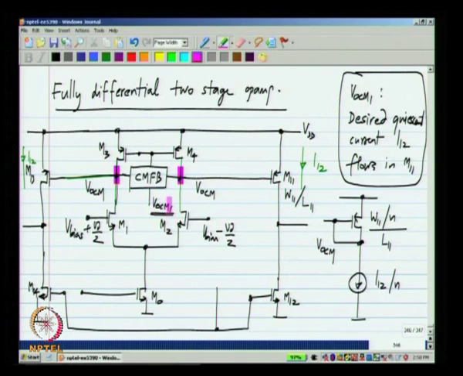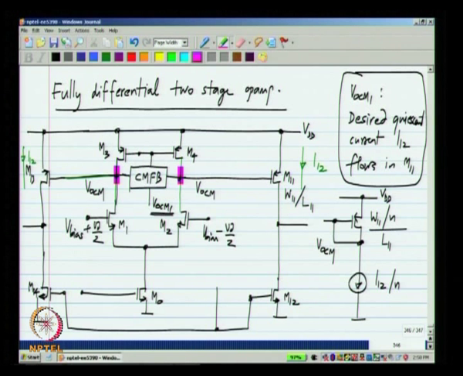So, basically this VOCM is not something that we independently set to be some absolute voltage, but we derive it using a transistor level circuit. Okay. Now, this is again another example of a replica. We have to adjust VOCM so that the output stage carries a certain current, and we can't put it to a voltage source and adjust it and hope to give the right current, because changes in transistor threshold voltage and current factor will give you different currents if you bias the gate at a fixed voltage. So, you bias it with a current mirror basically. Okay. So, that is all that is there to it.